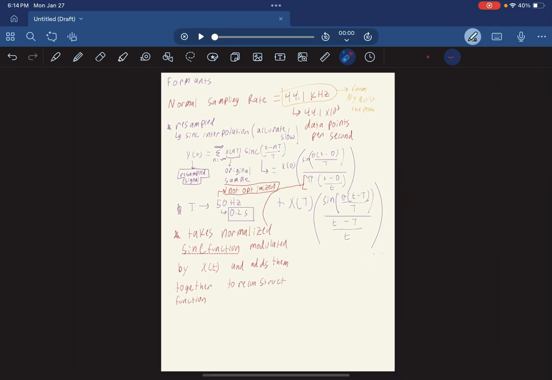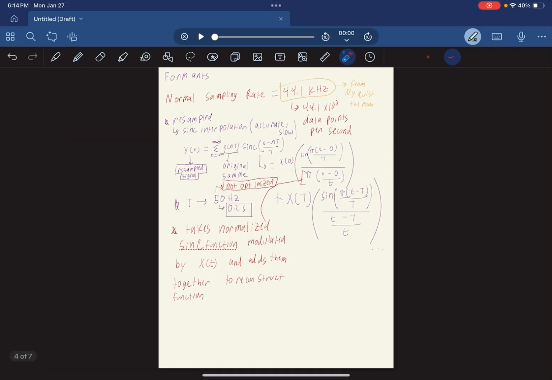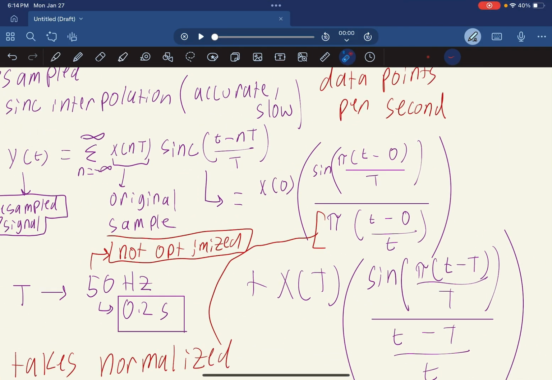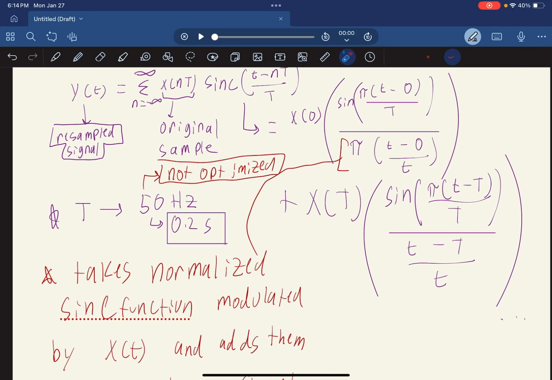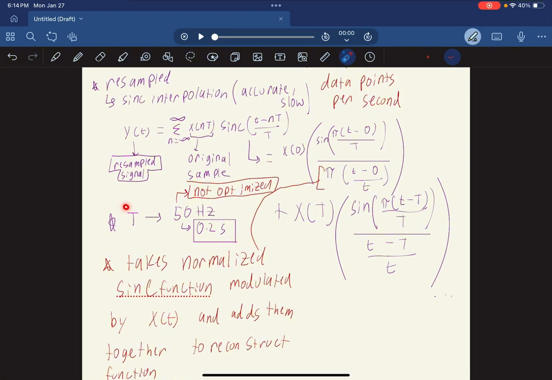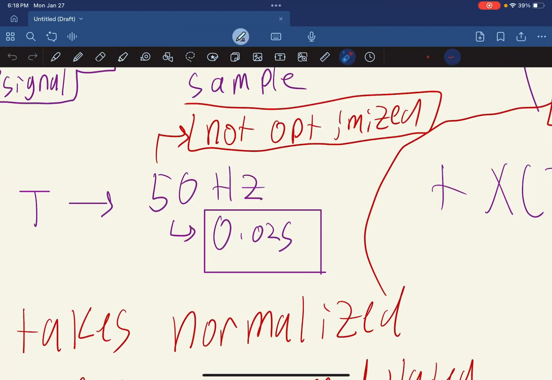What we're basically doing is using this discrete signal that we have created over these last couple pages to modulate a bunch of normalized sine curves. We normalized it right here, to reconstruct our signal in a more continuous fashion. And this capital T here. I also noticed I cut out